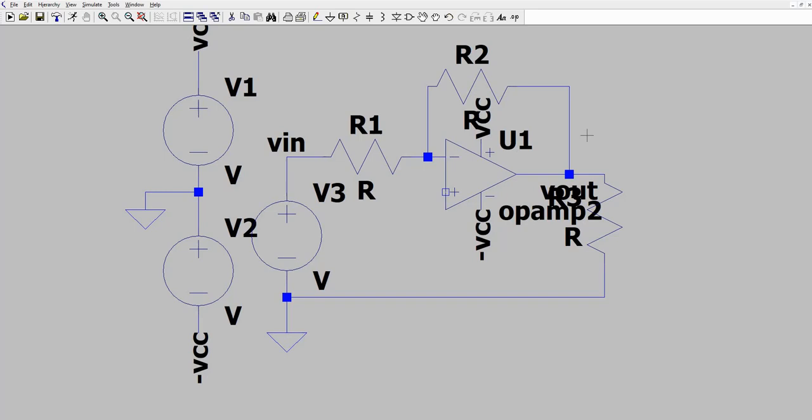Now, how are we going to include the model into our op-amp? I have downloaded the model and place it on my desktop.